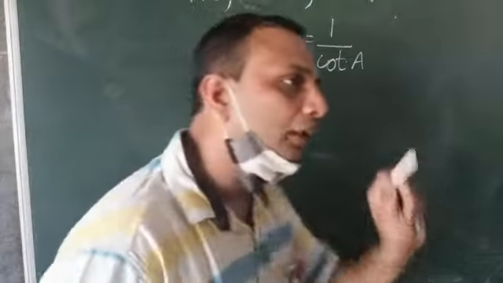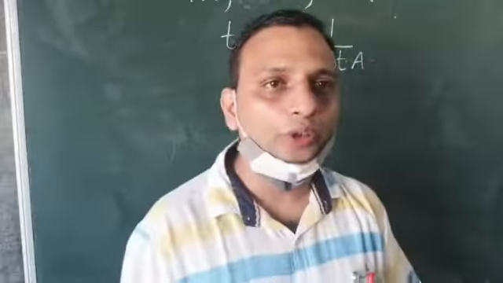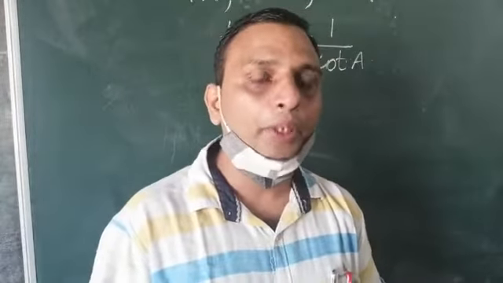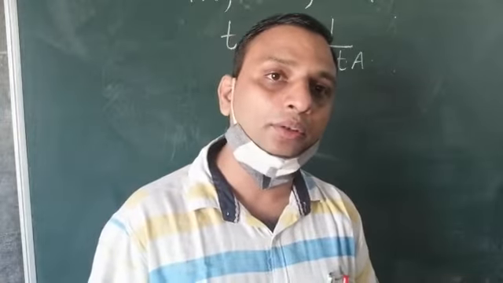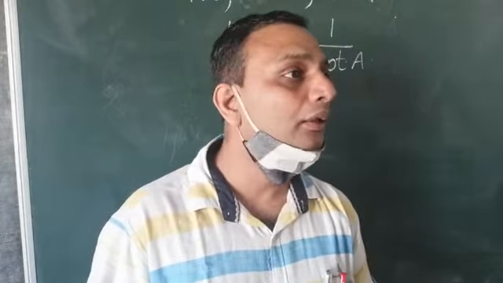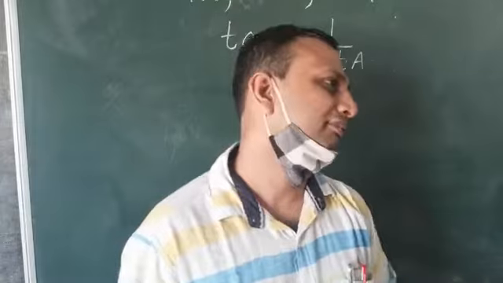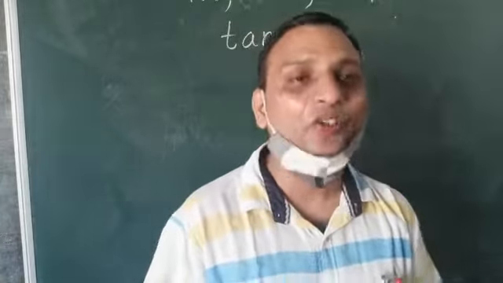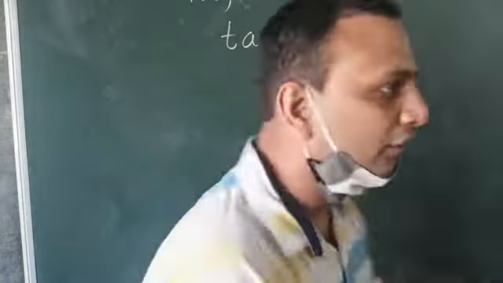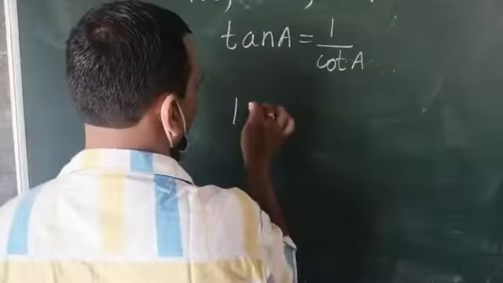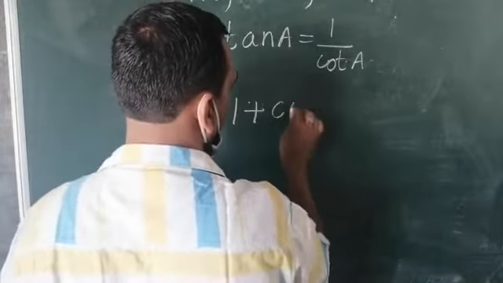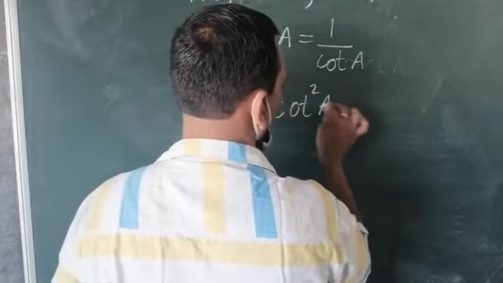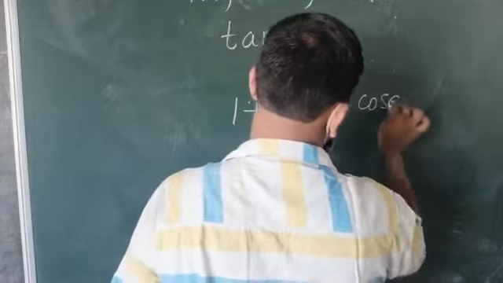You have the 3 trigonometric identities. Sin square plus cos square equal to 1. 1 plus tan square equal to sec square a. And the third one is which one? 1 plus cot square equal to cosec square. This you remember, na? See, this one is the identity. 1 plus cot square a equal to what? Cosec square.